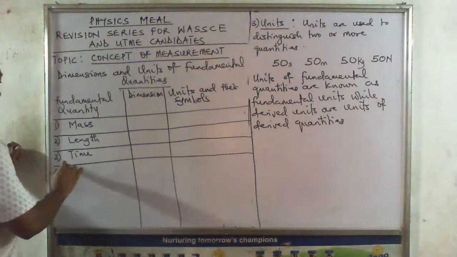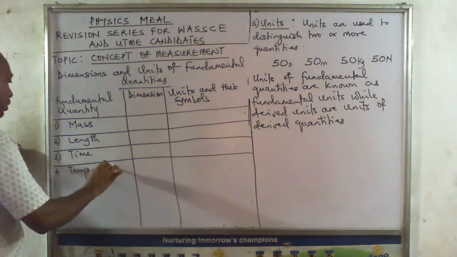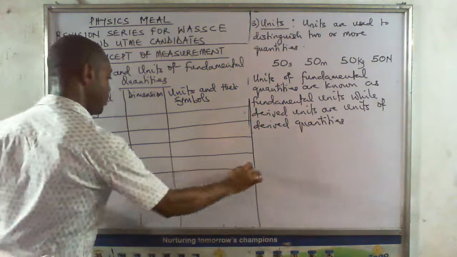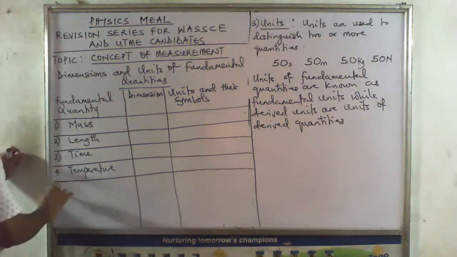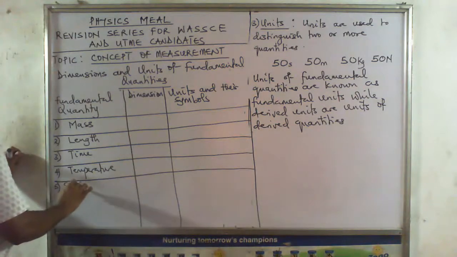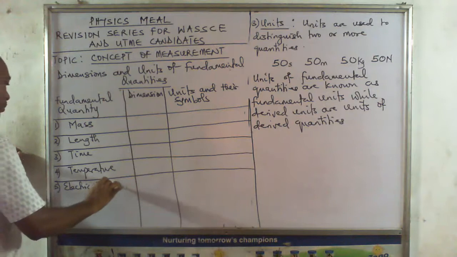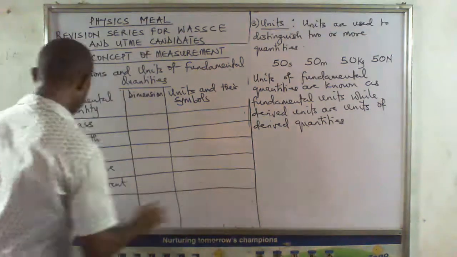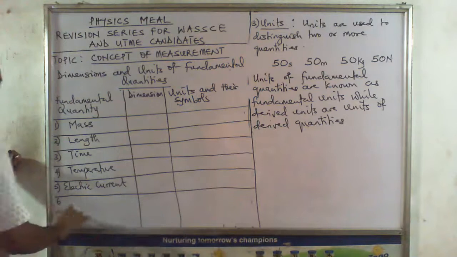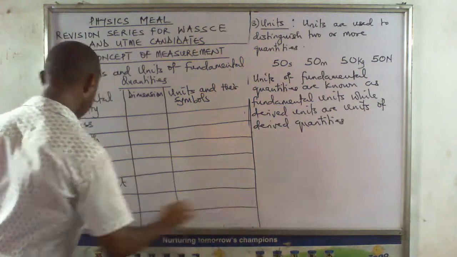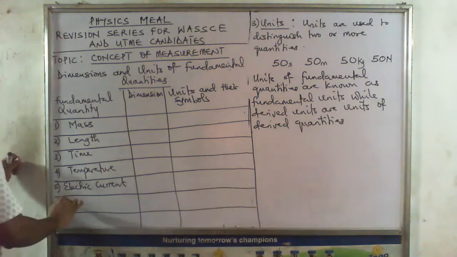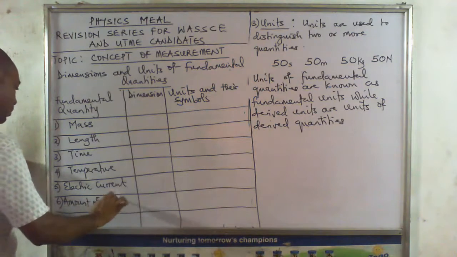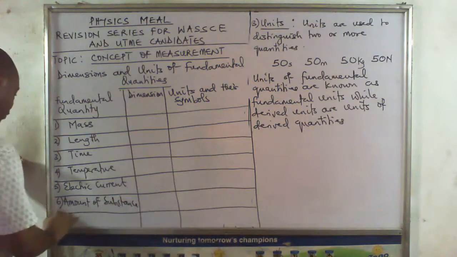The other one, we mentioned temperature is one of them. Remember, we said electric current is one of them. 6 and 7, I think I still have space. Amount of substance. And finally,